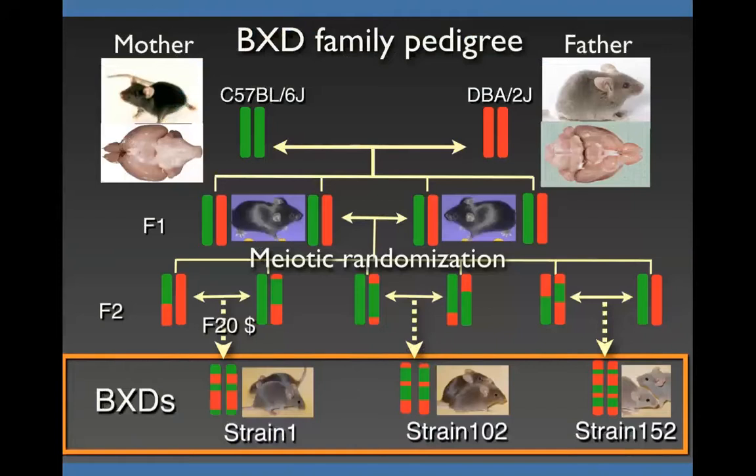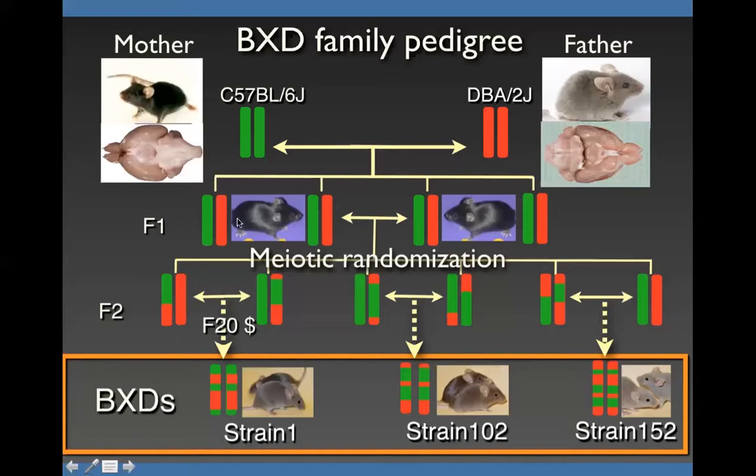I'm taking you through a standard rodent pedigree here to make a permanent resource of identical twins, essentially. At the top of this page, you can see a mother and a father. I've shown a pair of autosomes there, color-coded in green and red for the 2 strains I showed you on the first slide. Those are the classic inbred strains. So the C57 Black 6, canonical mouse, all of the sequencing is done, all of the epigenetics is done with that particular strain, but it's just one strain. DBA2J, another strain. It's the first inbred strain of mouse, inbred in about 1909.